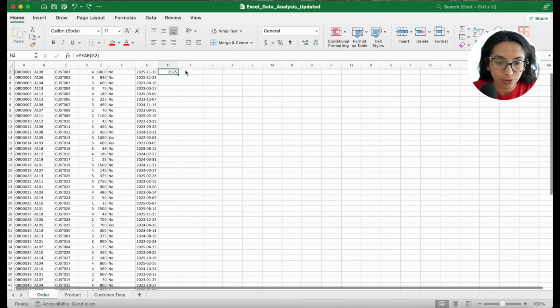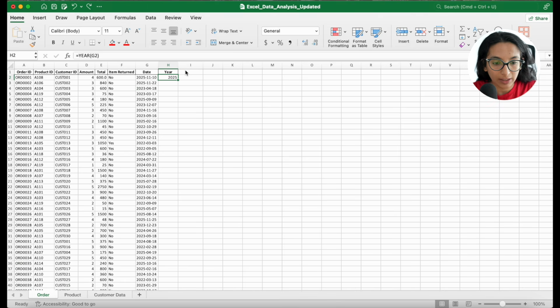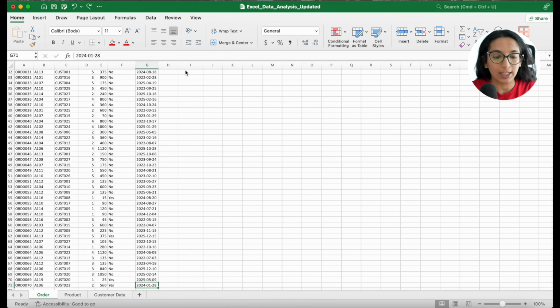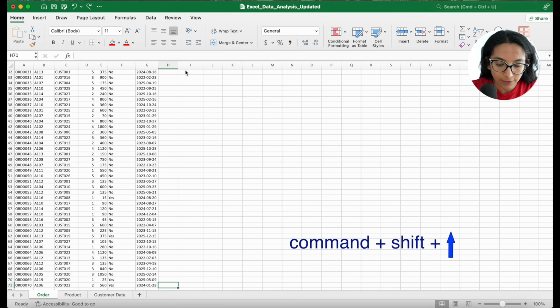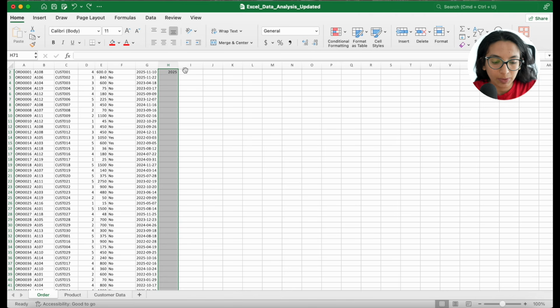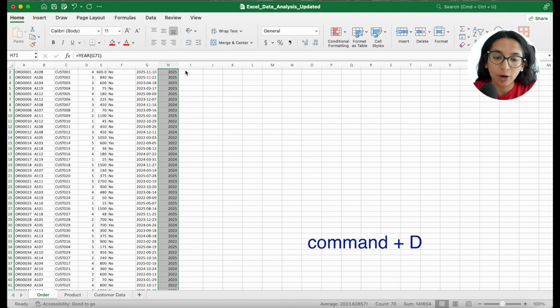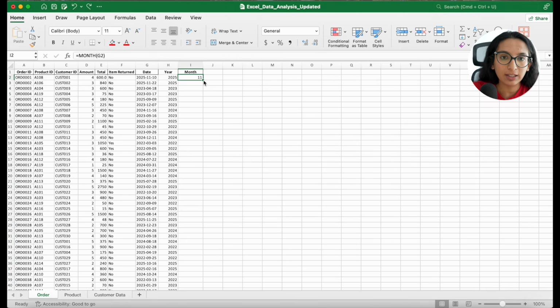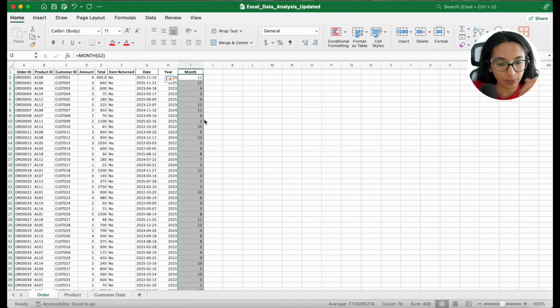So what we need to do is we go to the first column that is populated, which is in our case column G, and then I will hit the Command key and the downward arrow key, which takes me to the very last row. Then I would go to the right because this is the column that we need to apply our formula in. Command Shift and then the upward arrow key to select the entire column, and then I will hit Command D to populate the formula in all my cells. Another way is to double click at the bottom right to drag the formula all the way to the bottom.